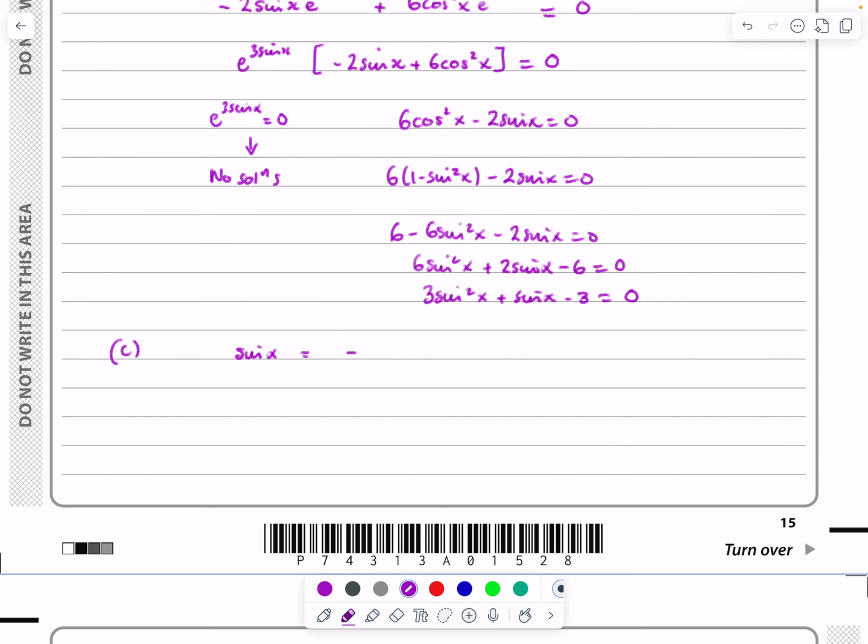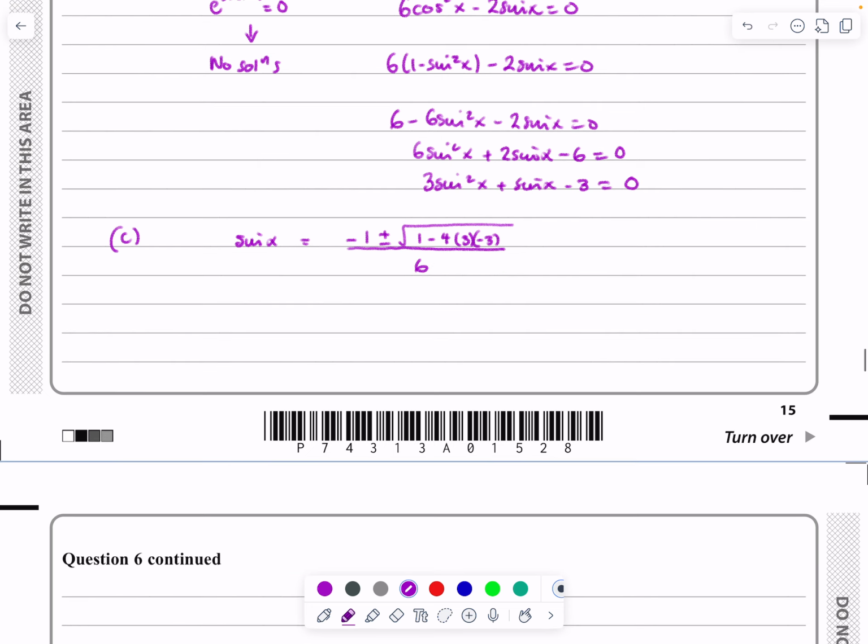Well, that works out to be minus 1 plus or minus the square root of b squared minus 4ac, which is 1 minus 4 times 3 times minus 3, all over 2a, all over 6. Well, that tidies up to sine x equals minus 1 plus or minus root 37 over 6,